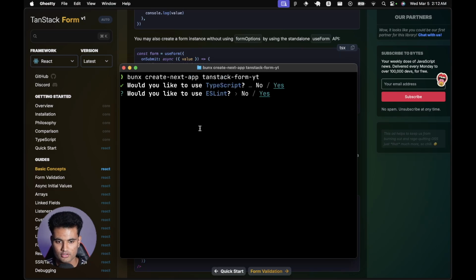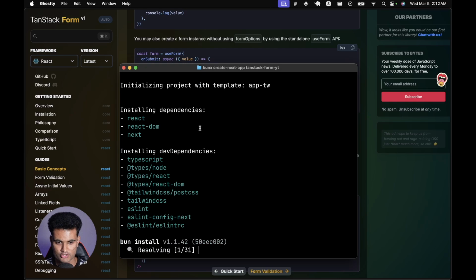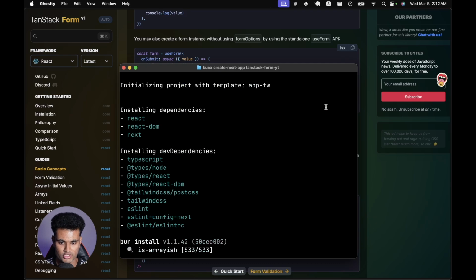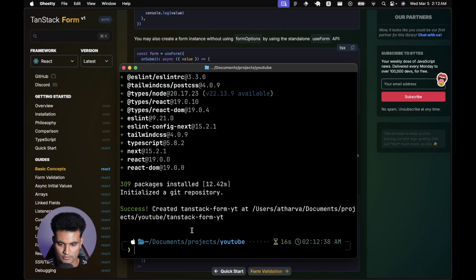Just gonna hit enter and just leave everything to defaults. We just need to leave the app router. So actually we need to use the app router, so make sure that is on yes, because we are also going to use server actions and stuff with TanStack form. So yeah, this is done. Now let's go to